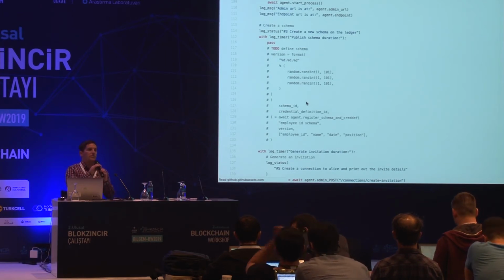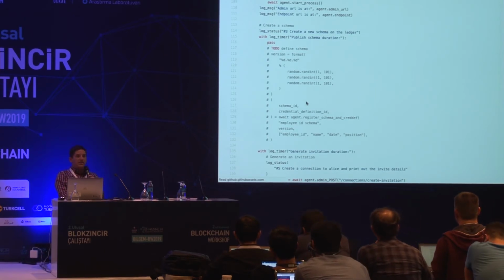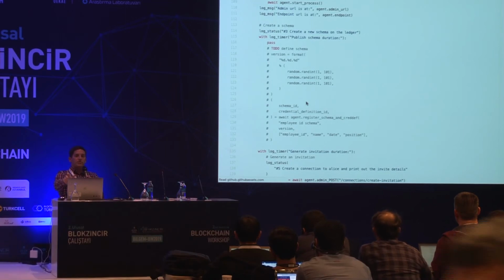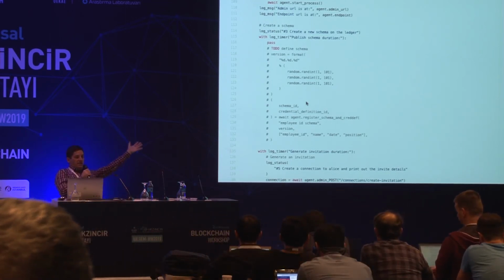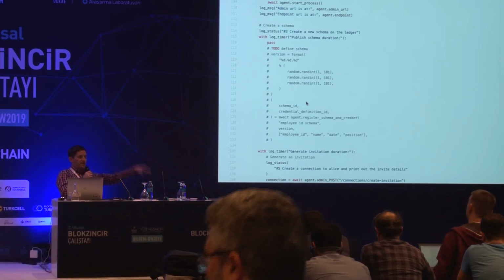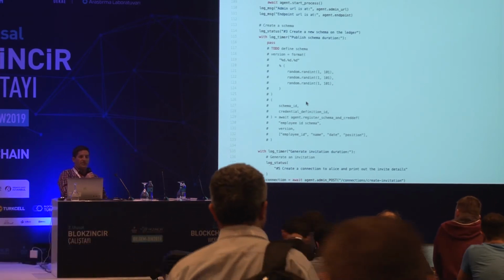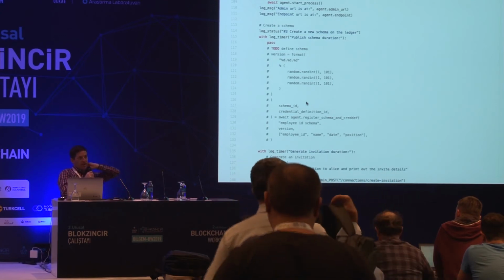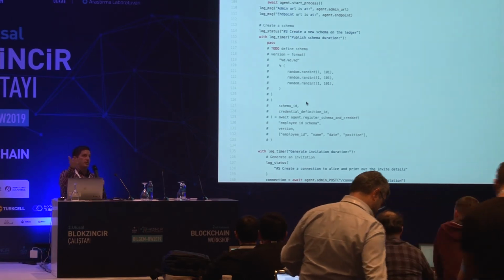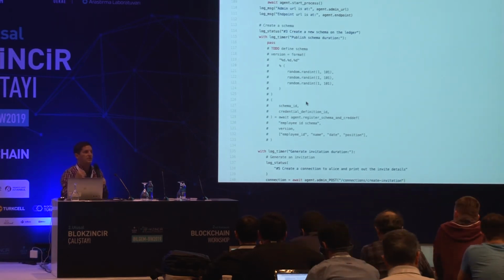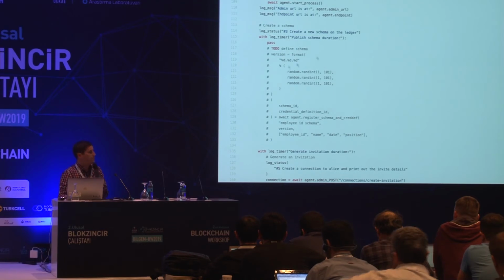Now, one thing you have to remember is Indy doesn't do any encodings for you. Aries does. Remember how I talked about attributes? Indy just expects you to pass a raw number of bytes, and that's what represents your attribute. So you have to do all of the encoding at the Aries layer. Aries will say, oh, you want to encode it as this, therefore I'll change it so that it matches what you expect. But for a schema, you don't have to worry about that,